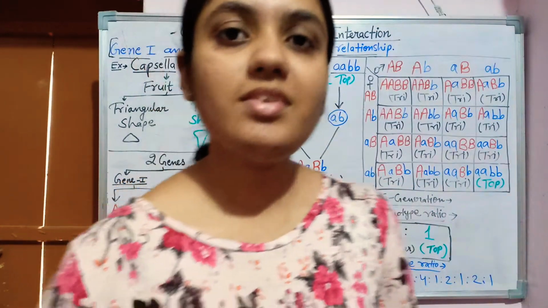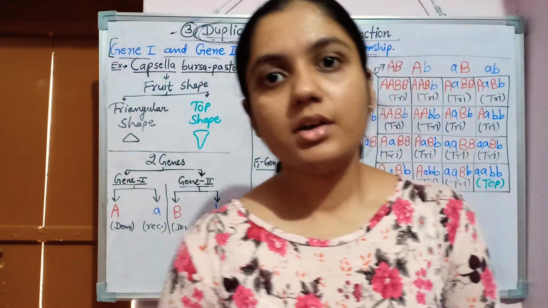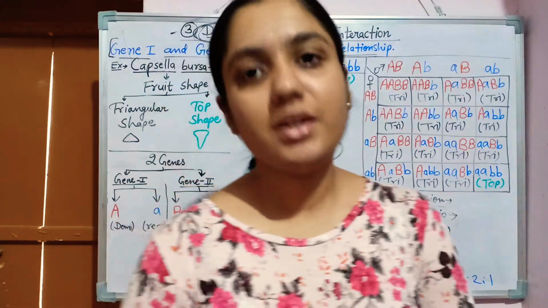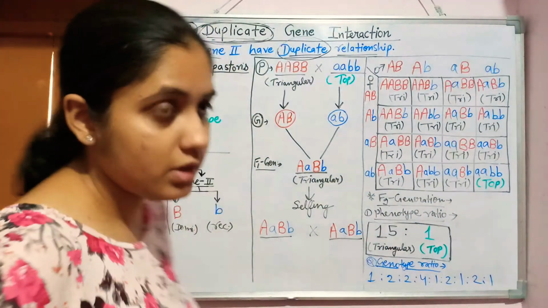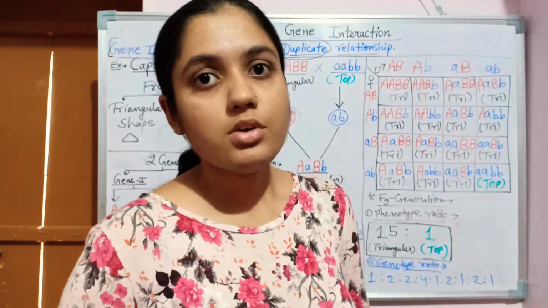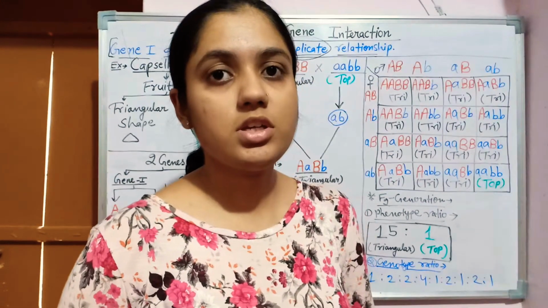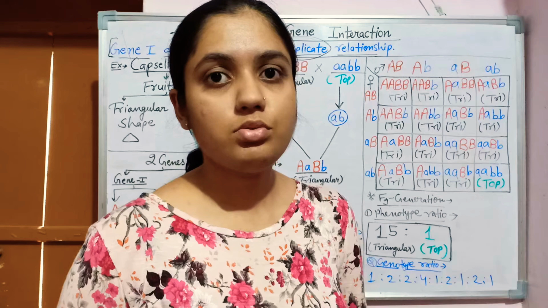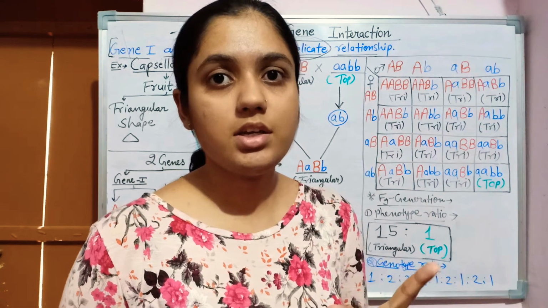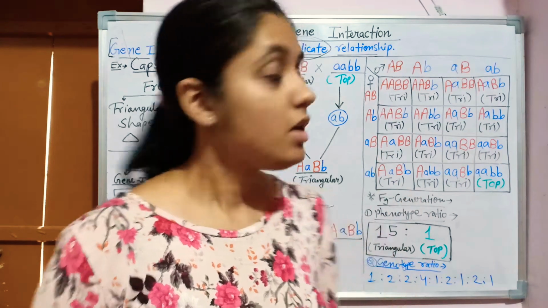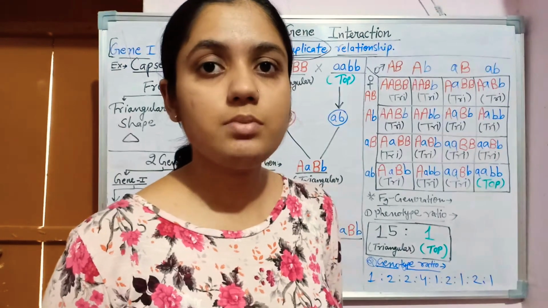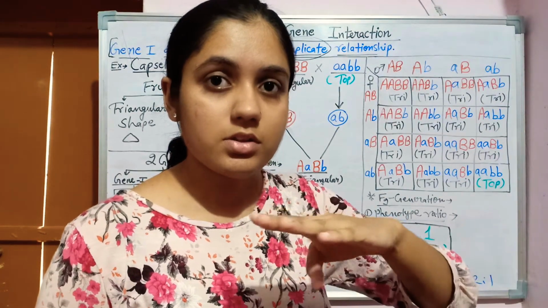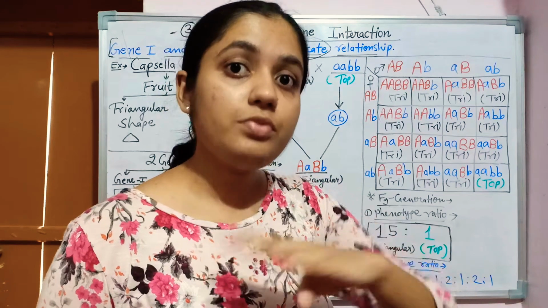Okay, so today we will discuss a new topic, that is the duplicate gene interaction. Duplicate gene interaction is a type of intergenic gene interaction. I have already discussed the two types of gene interaction: first is intragenic and second is intergenic. So this duplicate gene interaction is the intergenic type, meaning this is between two different genes, and